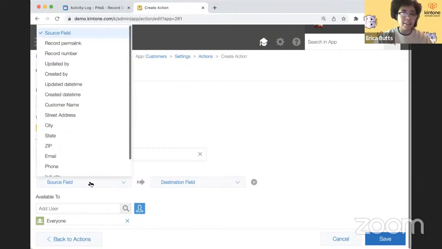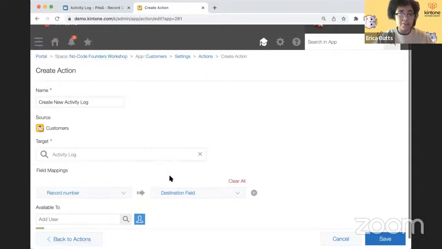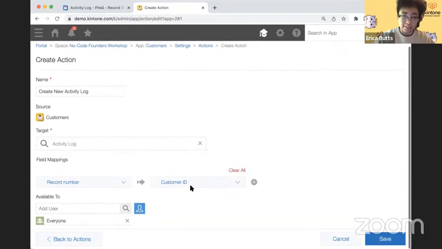So from here, I want to push over the record number. So the record numbers are automatically generated by Kintone for every record. They're 100% unique. Even if you delete a record, it will never be used again. So it's very good to use for linking records because you won't have duplicates and they're always going to be present. So I'm going to push that record number into the activity log's customer ID field. And